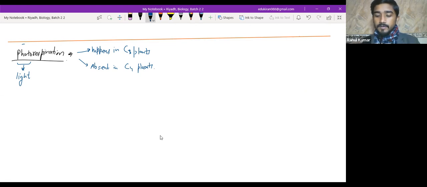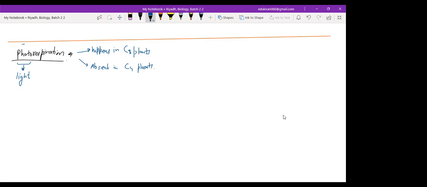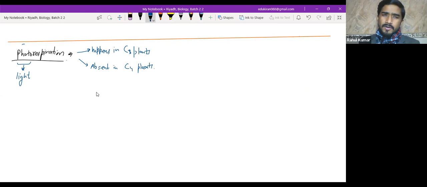So it happens in C3 plants, but it does not happen in C4 plants, or like there are some reports that it's negligible or almost absent. So you will find words like less, absent, negligible, but it happens in C3 plants majorly. C4 plants can do without photorespiration, and that's why they are well adapted to hot and dry conditions. So write down one more thing. In C3 plants,